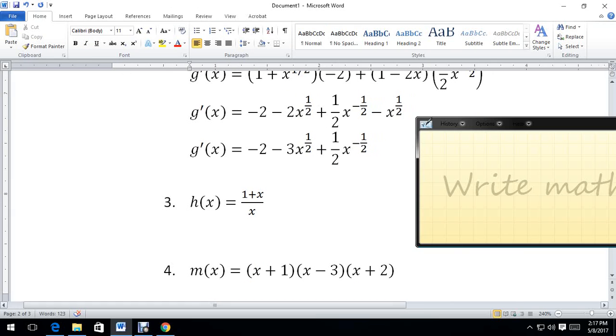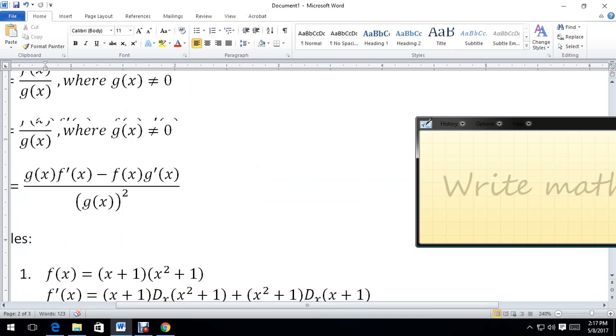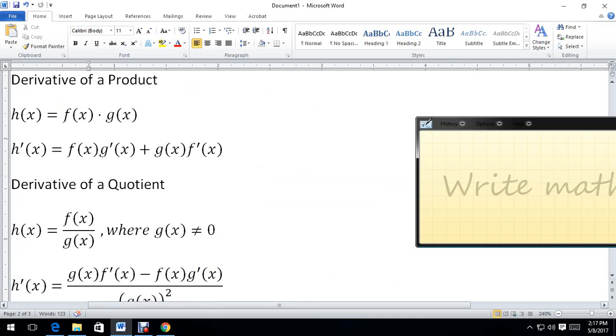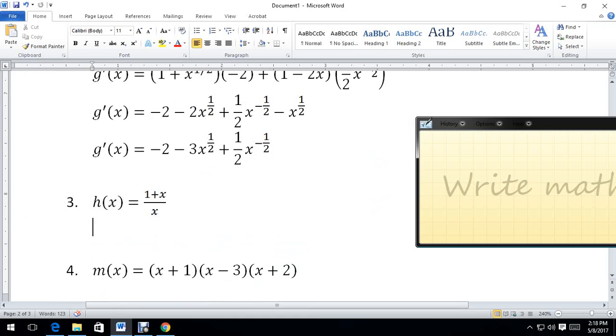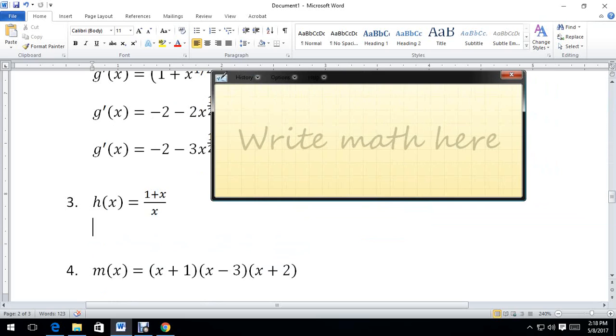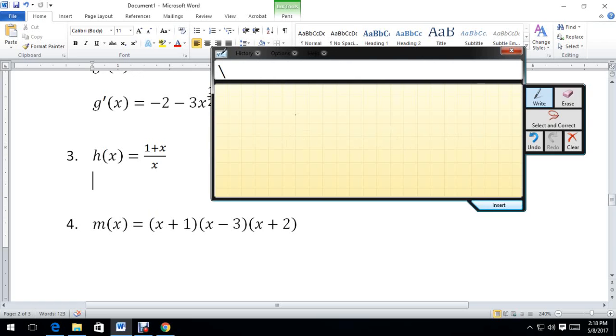So we have h of x is equal to 1 plus x over x. Obviously, this is a form of a quotient wherein our f of x is supplied by 1 plus x in our given form, and g of x is of course equal to x. Now, let's do the actual derivative. Now, the derivative of a quotient again is given by